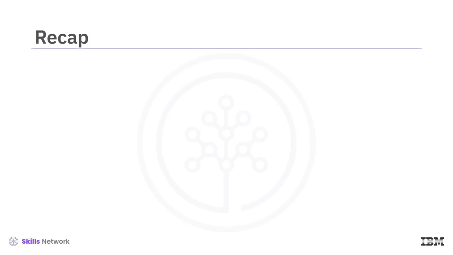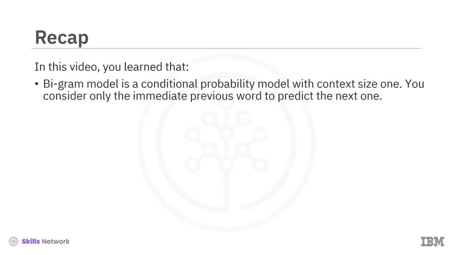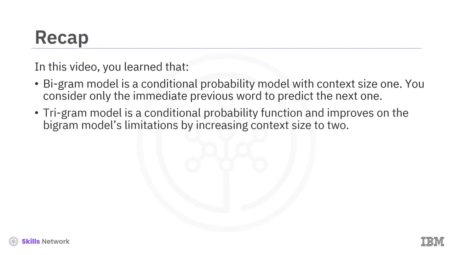Let's now recap what you learned. In this video, you learned that a bigram model is a conditional probability model with context size 1. That is, you consider only the immediate previous word to predict the next one. A trigram model is also a conditional probability function and can improve on the bigram model's limitations by increasing the context size to 2. The concept of a trigram can be generalized to an n-gram model, which allows for an